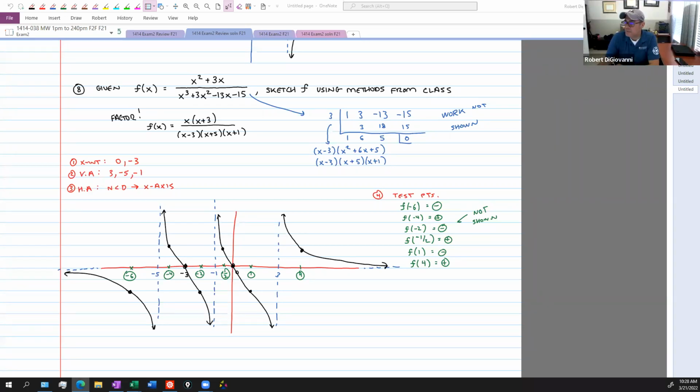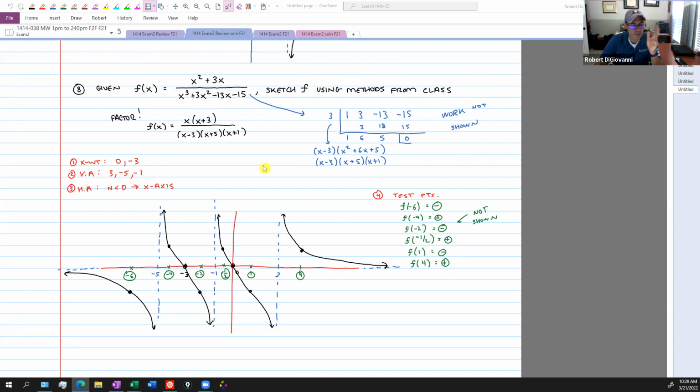Okay, I think everybody's back in here now. So I put up the final graph of the function. I don't show all of the work here, but at least show what the synthetic division gives us, test points, what you should get for each one, and then the final picture here. So here's what I'd like for you to do. We still have 12 minutes, but